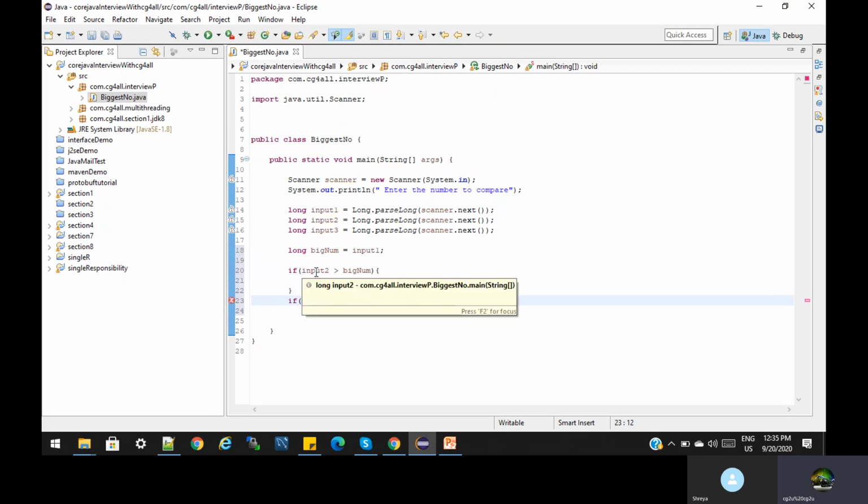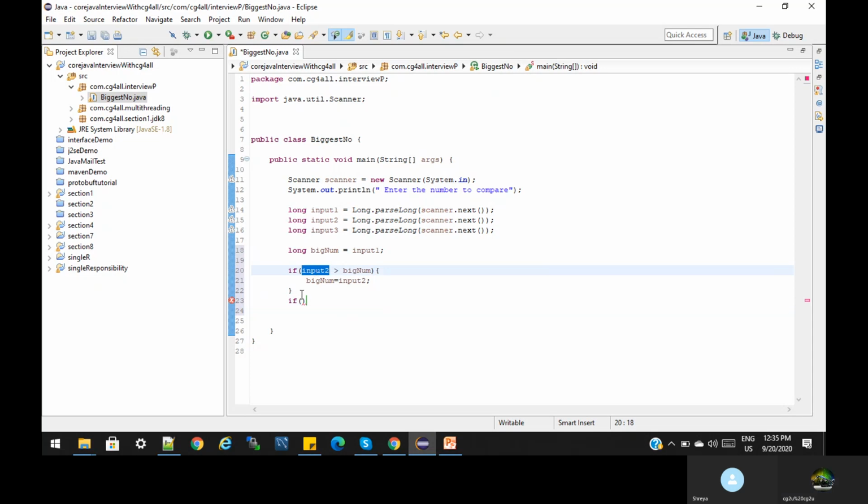If input 3 is greater than big number, the variable name should be the same, then big number should be input 3.